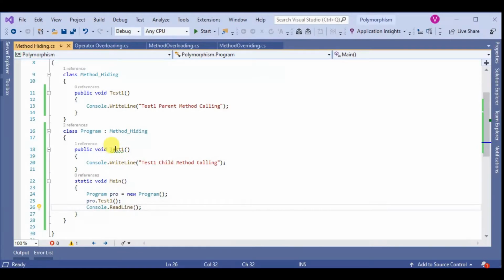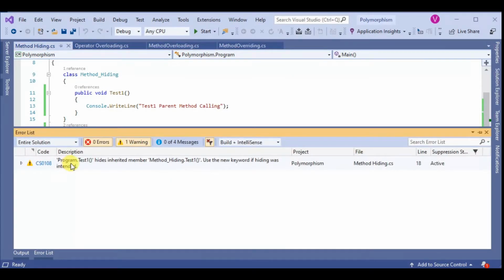But here you can see one warning. Let's see the warning. The warning is: test1 method hides inherited member. Hide the method using the new keyword if hiding was intended.